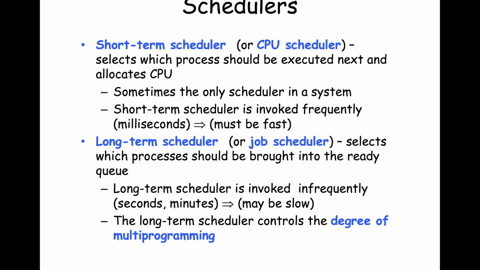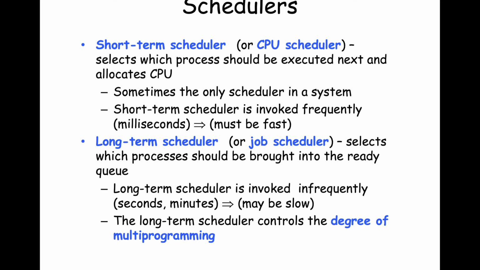Allocation meaning that the process control block information is populated on the CPU, and the instruction stream is resumed or initiated. Sometimes in simple systems, it's the only scheduler, and the short-term scheduler is invoked very frequently on a millisecond time horizon because it's switching very rapidly between multiple processes on the ready queue. So that's how the sharing of the CPU happens. And of course, once your time slice or your period of time is over, your status is taken off the CPU, written into the PCB, and then you join the queue at the tail again.